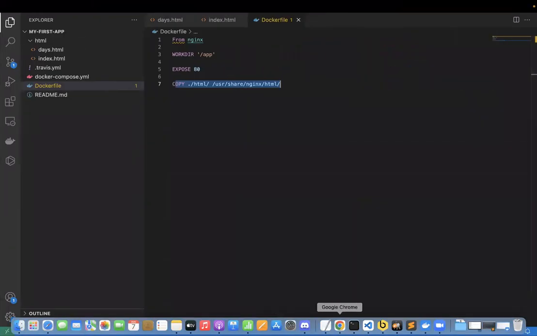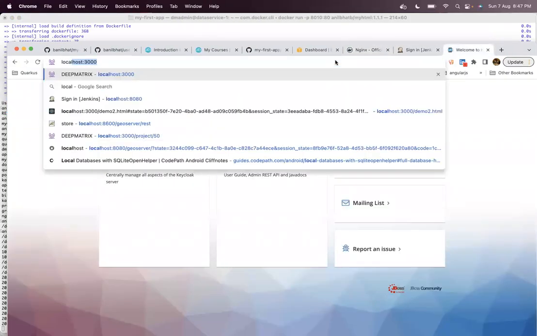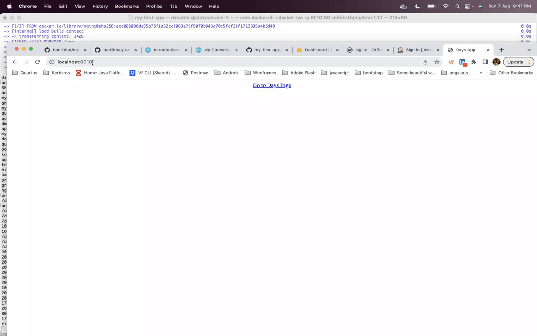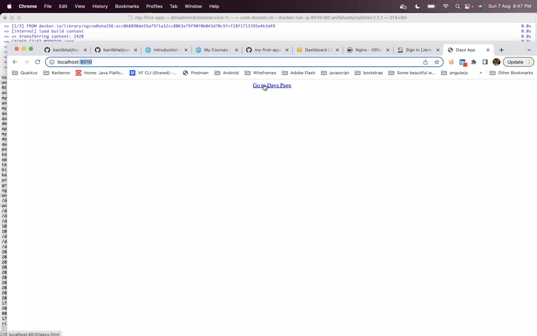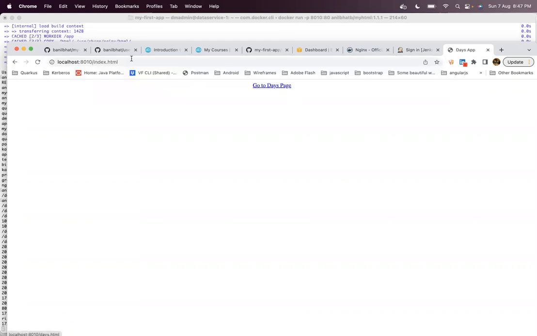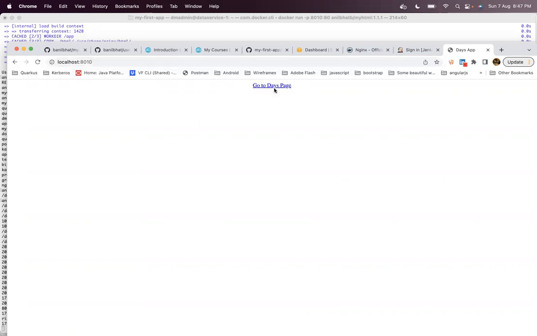So let's go to our localhost and 8010. Now you can see that your application is running here, right? So you can see that your index.html is coming because you are running under an nginx build. By default, if you don't give anything, it actually goes to index.html only. You can explicitly give index.html also, and it will go to the same page. If you don't give .html also, it will by default go to the same page, index.html.